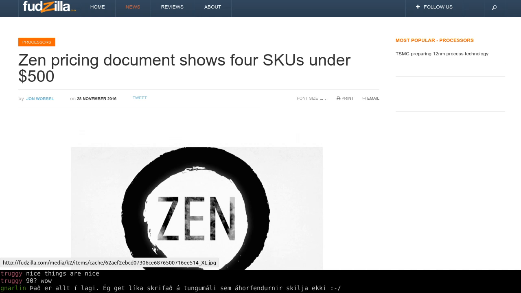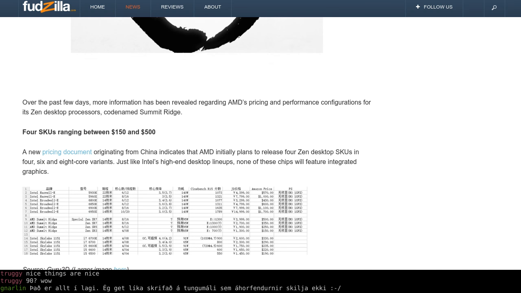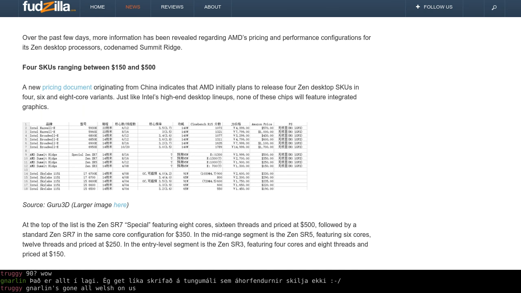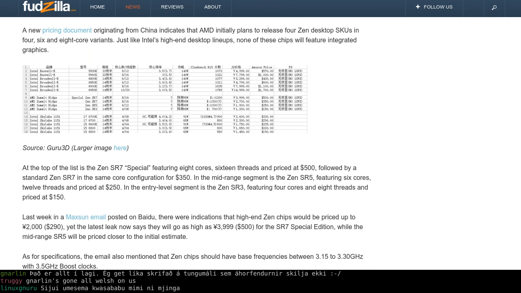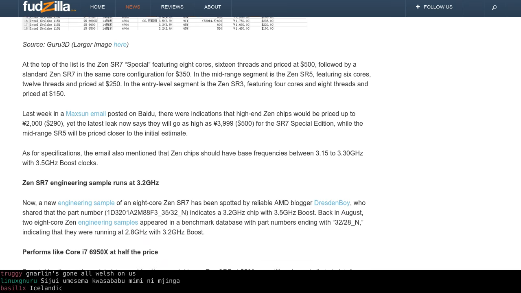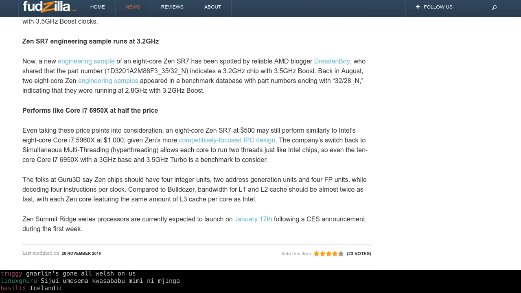Oh, yeah. It's a bit of a Zen moment for AMD because they're currently riding the stocks rising in price, and everyone's really hyped up about their new processor line, which is called Zen. And there have been some more document leaks, according to Fudzilla here. They got the leaks from Guru 3D. And you see, there's a